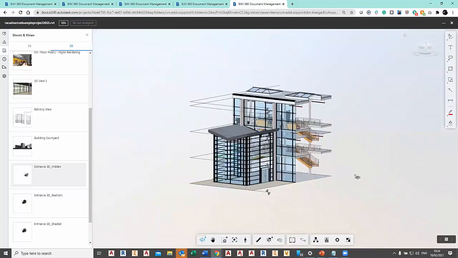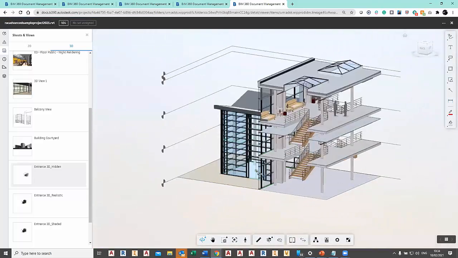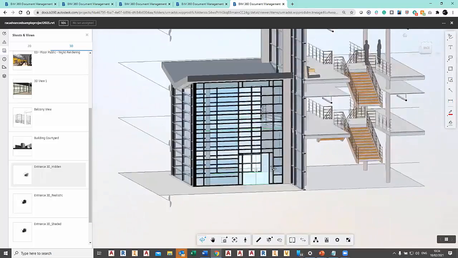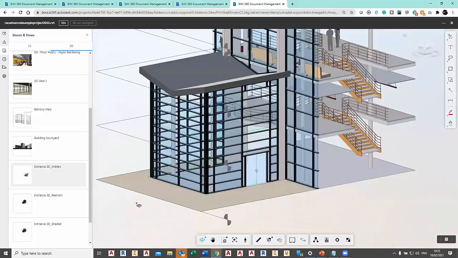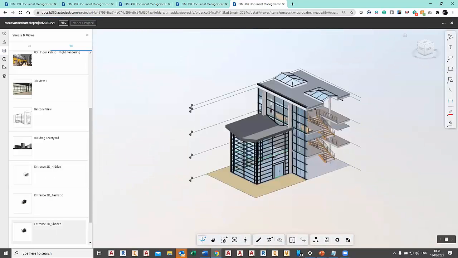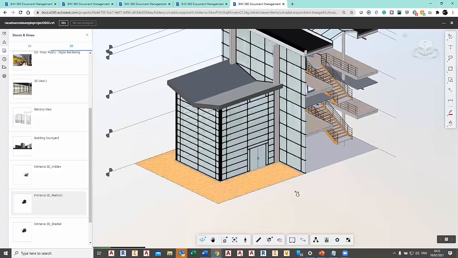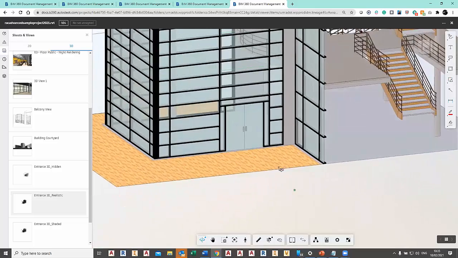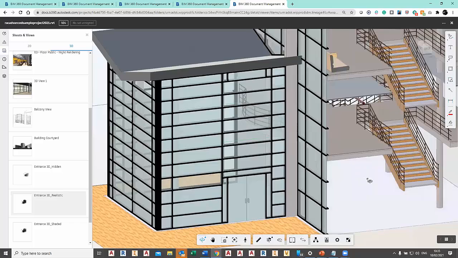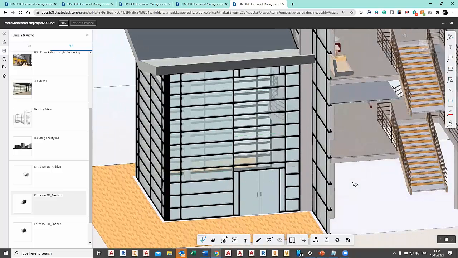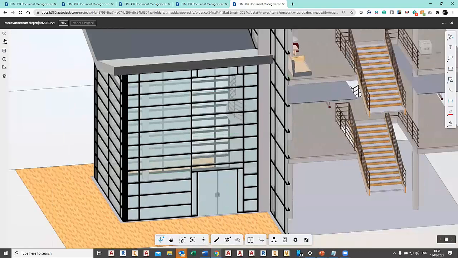So if you create a section box view in Revit, you could very easily use that as your area of working. The hidden line and the shaded view are virtually the same, but the realistic view does bring a little bit more quality through to the render, as you can see. Bit more processing power, but no biggie on that one. So we're going to go and close this view. I'm going to go back to my